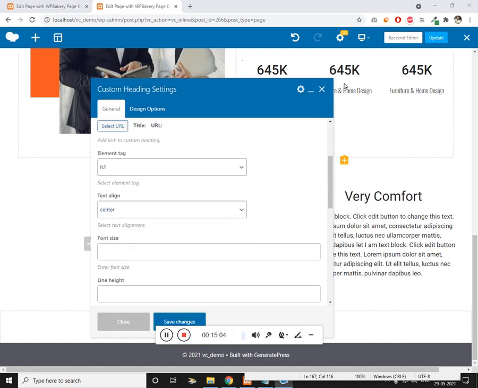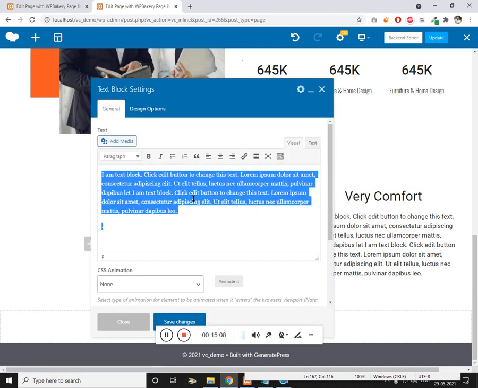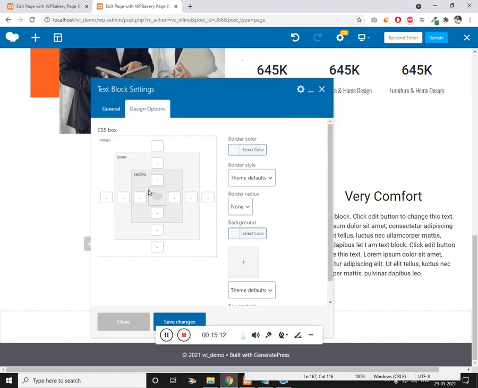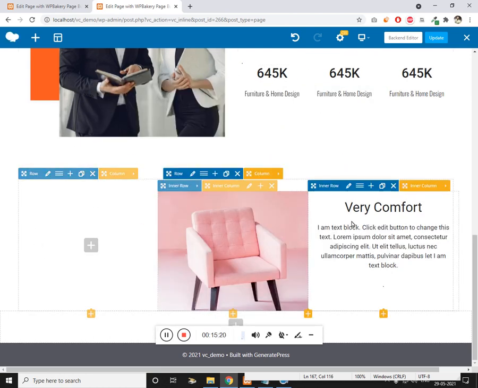And then let's edit this and give content and make a text line center and normal para, you know what it does. And let's add the padding left and right 20 and cool.